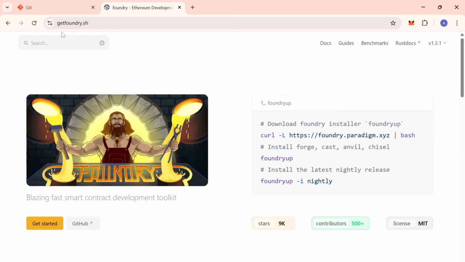You just go to this website, getfoundry.sh, and you get this command for your terminal and download Foundry. Then next is